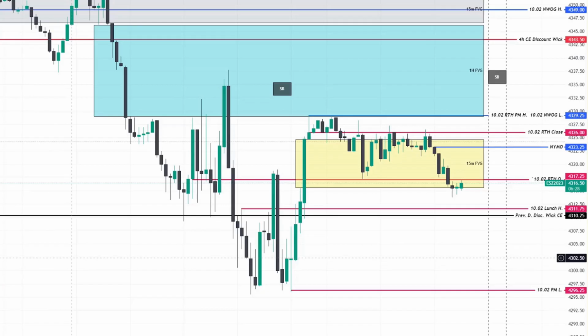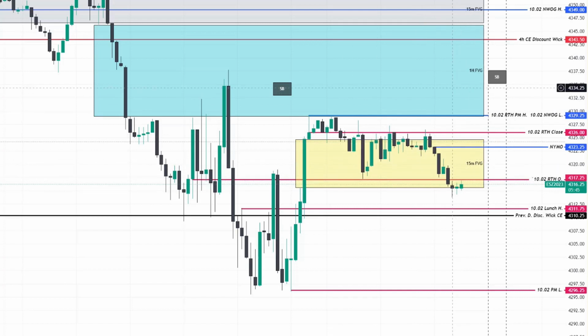Next chart. Okay, the 15-minute is the primary chart I'm going to be using for Tuesday. Truth be told, I've already had some micro scalps here in Asia, right at the close when we hit this new week open gap low. I took a short, and this 15-minute yellow rectangle fair value gap is the first level I'm watching. You can see we're consolidating in this. So far, candle bodies are respecting this.